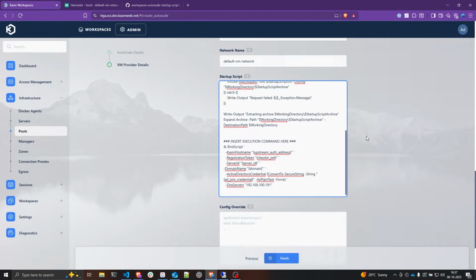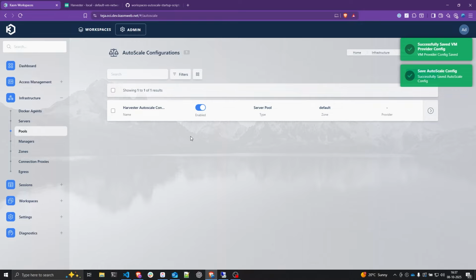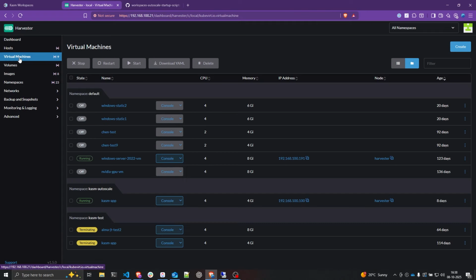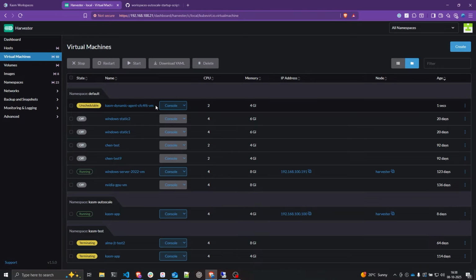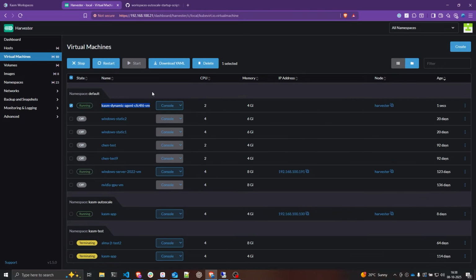And that's basically it. So I'll just go ahead and click on finish. And this should automatically trigger the auto scaling job. And it should now try and provision a new VM on my Harvester. So if I go back to my Harvester, go to virtual machines, you can see a new VM is being provisioned. So once this VM is provisioned, Kasm is going to pass the startup script to it, and that startup